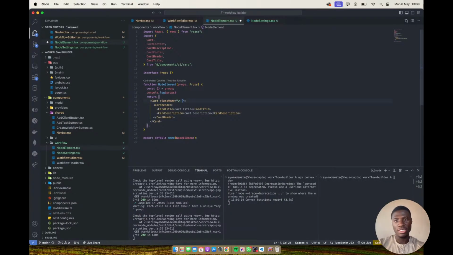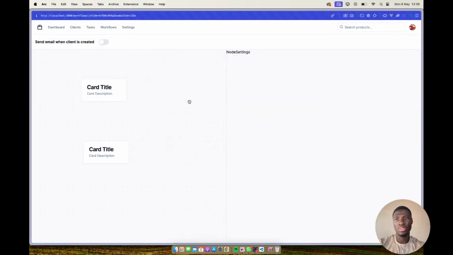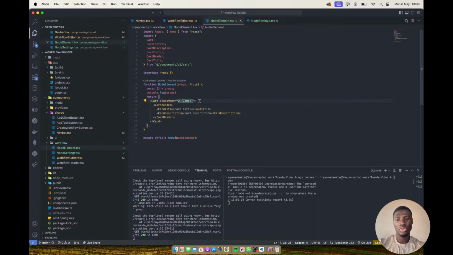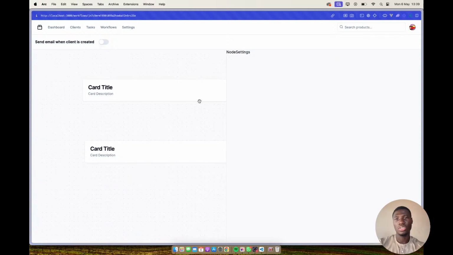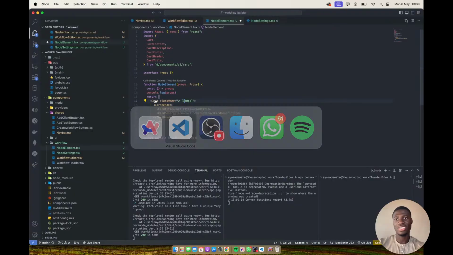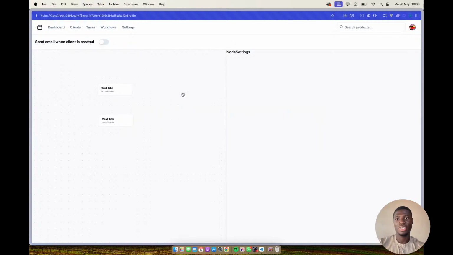Okay, let's set it to 200 pixel. Okay, to 300 pixel. No, 300. I said 300, not 3000. 300 pixel. Okay,